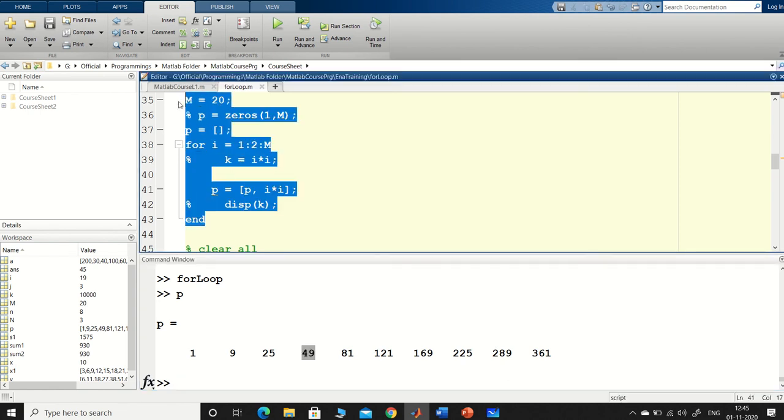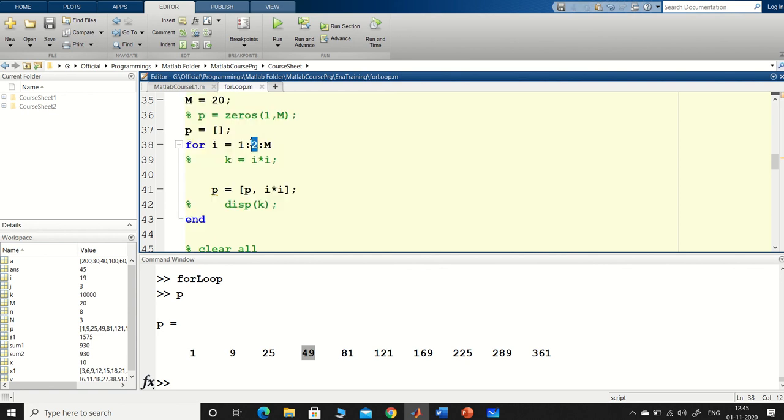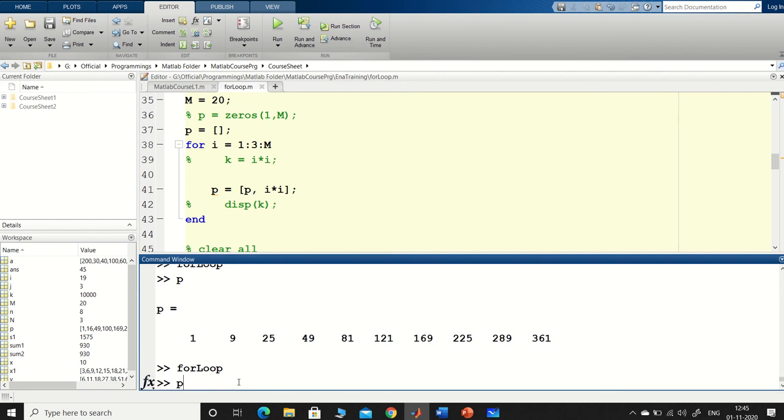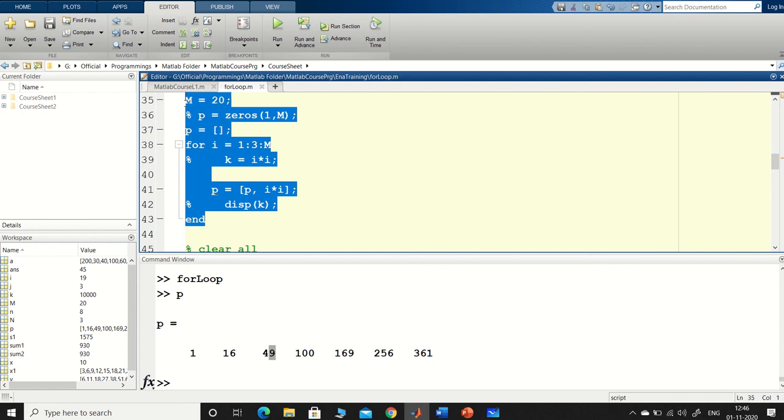Okay. So this is how for loop works, and this is very very easy. Like if you want to take 3 steps, you will get it in 3 steps. You see P, you will get 1, then 3 if you add, i has become 3 plus 1 is 4, so 4 square, then 4 plus 3 is 7 square. So like that it keeps on going. Alright.